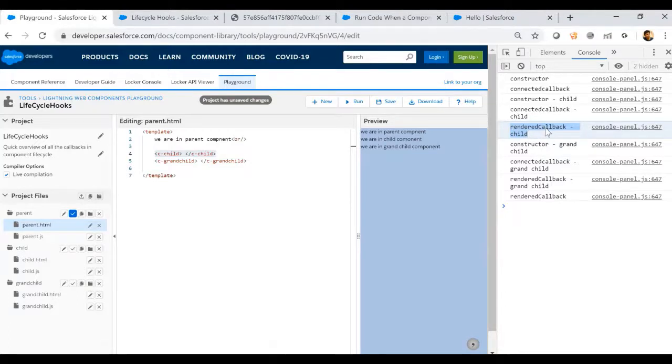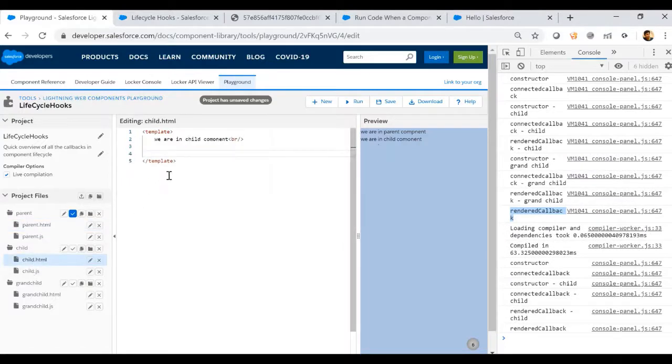If it had any child, that execution would start before the rendered callback of this component. As it doesn't have any children, the rendered callback is executed immediately. And then again constructor, connected callback on grandchild, rendered callback on grandchild, and then rendered callback on parent. So this is how it works when they are placed as siblings under the parent component.